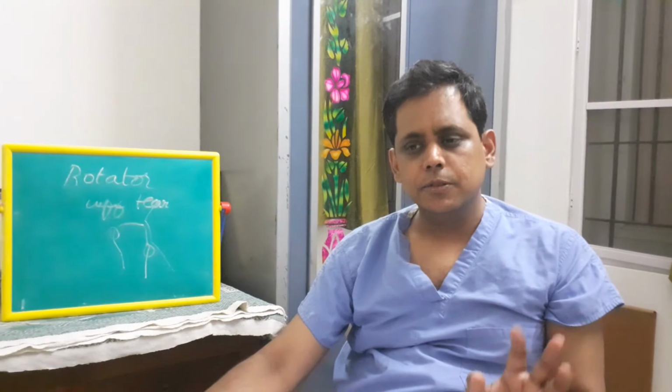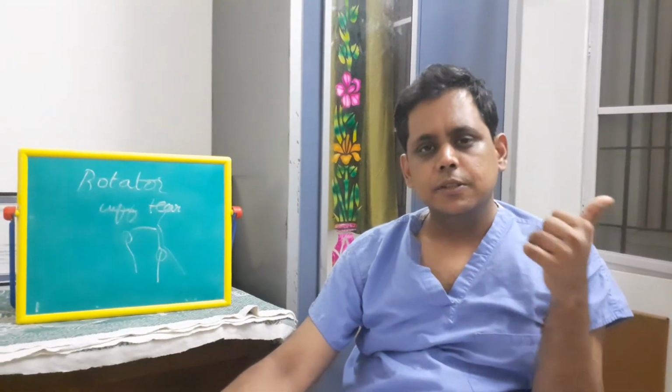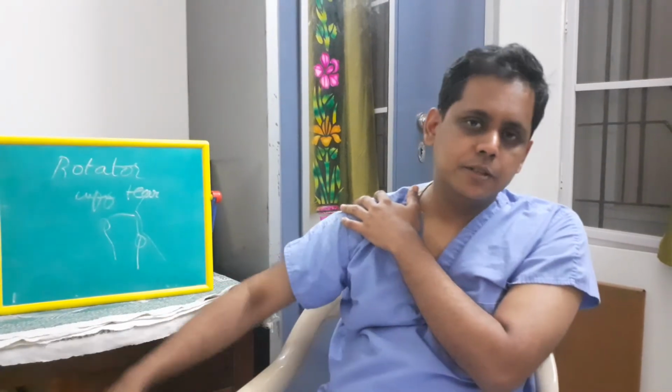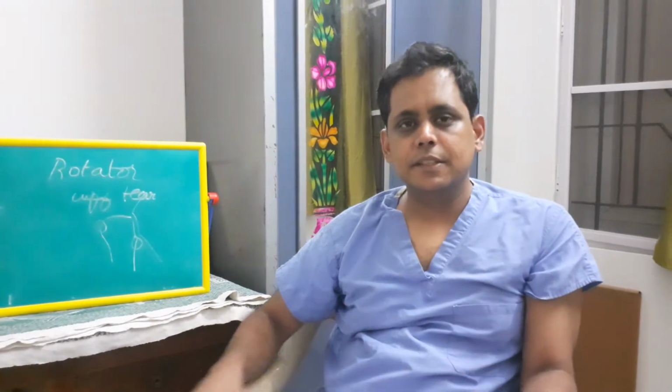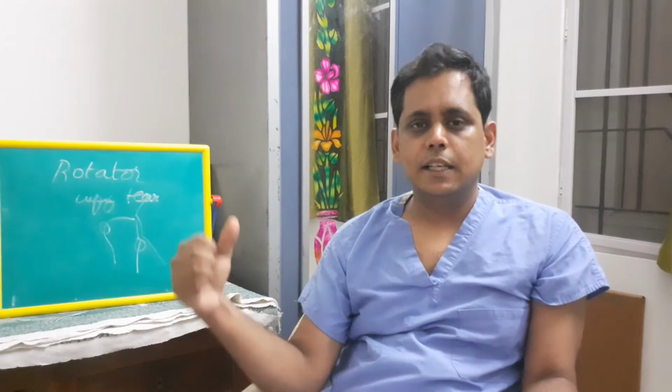First, we'll talk a little bit about what is the rotator cuff. So, rotator cuff has four muscles: supraspinatus, infraspinatus, teres minor, okay, and subscapularis. So supraspinatus helps in the initiation of abduction. Infraspinatus and teres minor, they are external rotators of the shoulder, and subscapularis is an internal rotator of the shoulder. Okay, so infraspinatus and teres minor usually go together.